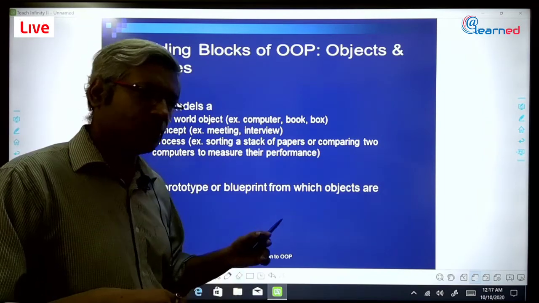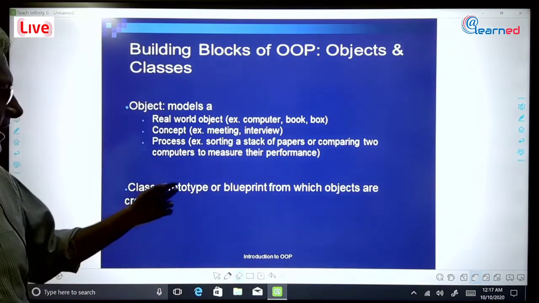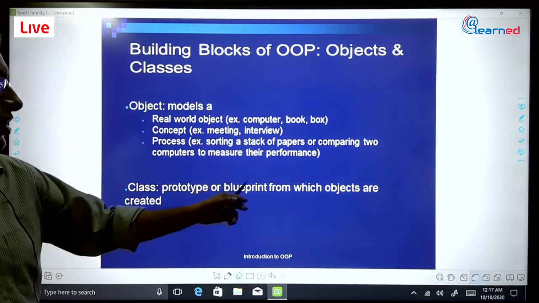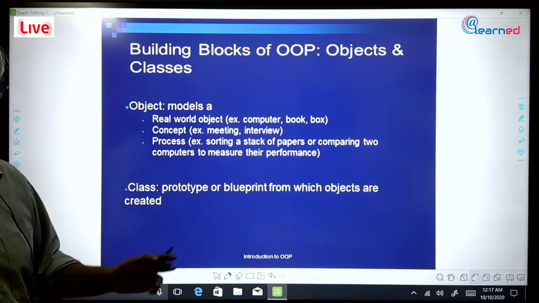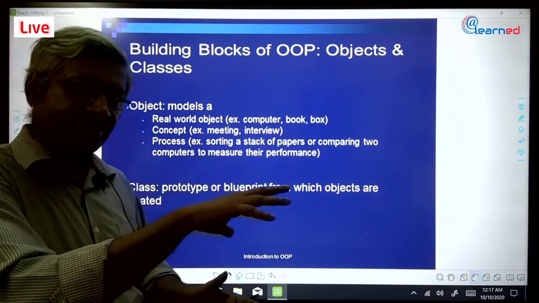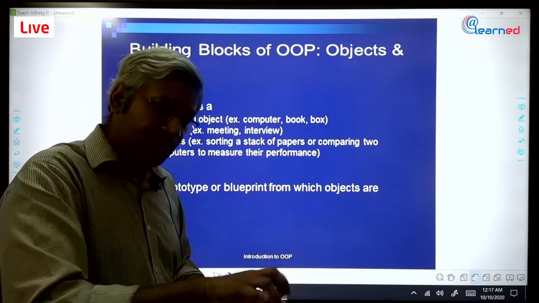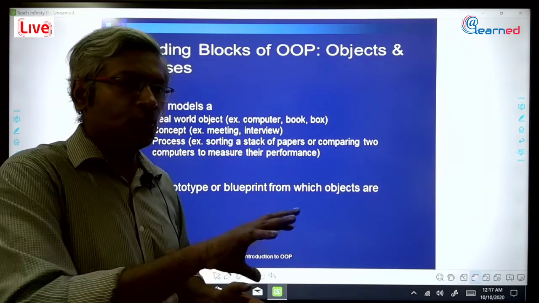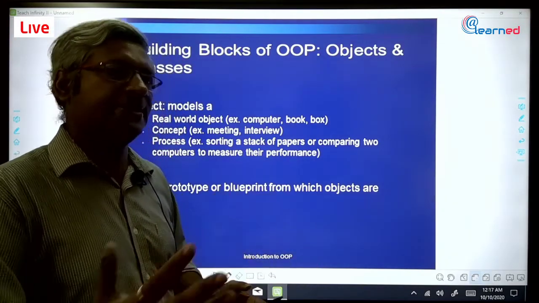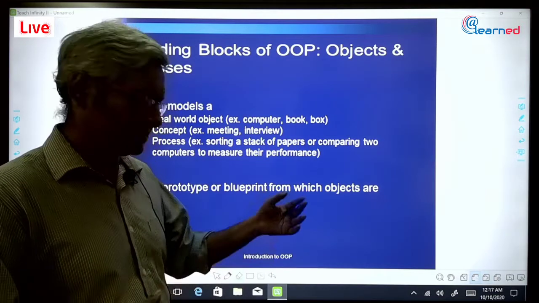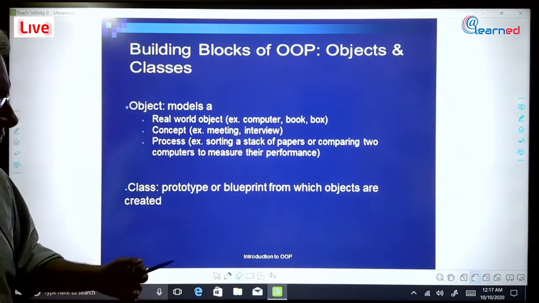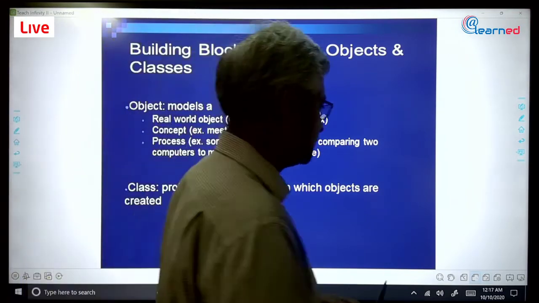So that's why it's called a blueprint, and similarly, a class can be called a blueprint from which objects are created. So we have a class, we have the design, and from there we will be creating objects which will contain that design inside them. So we'll come into the details of this later. Okay, so if we continue,